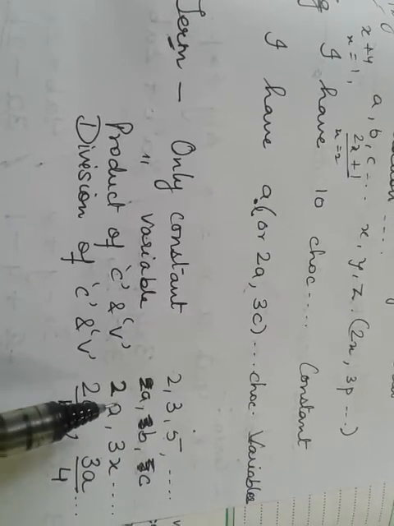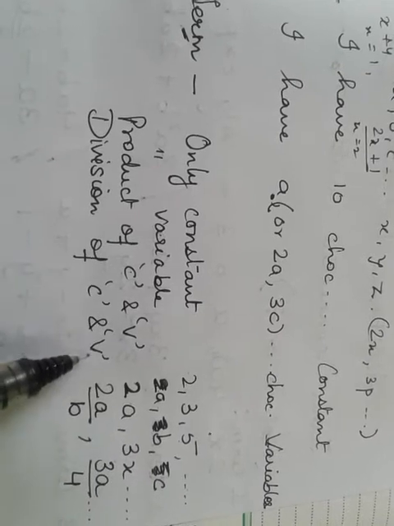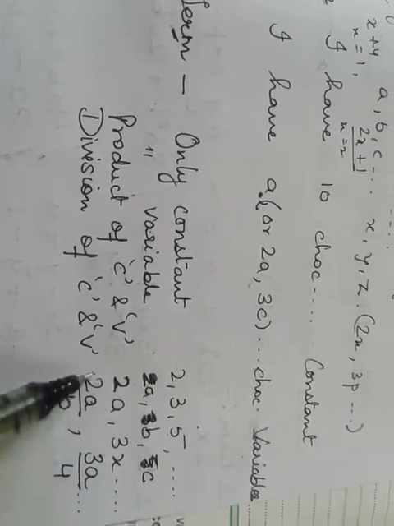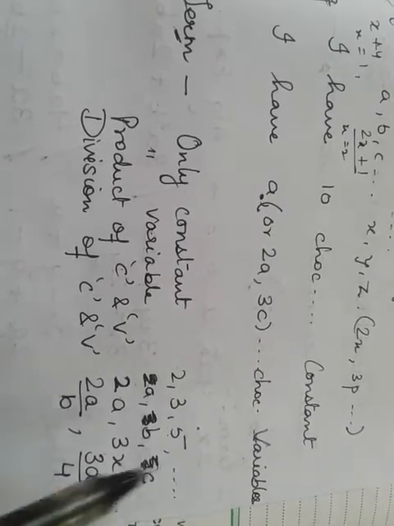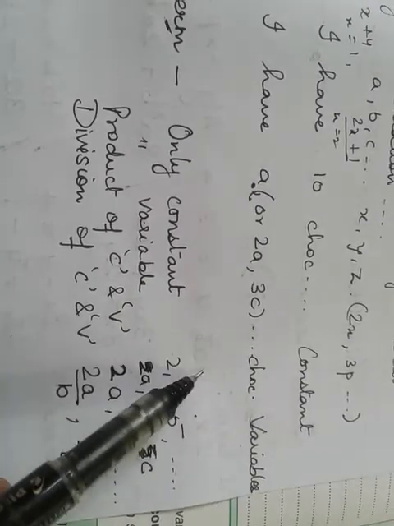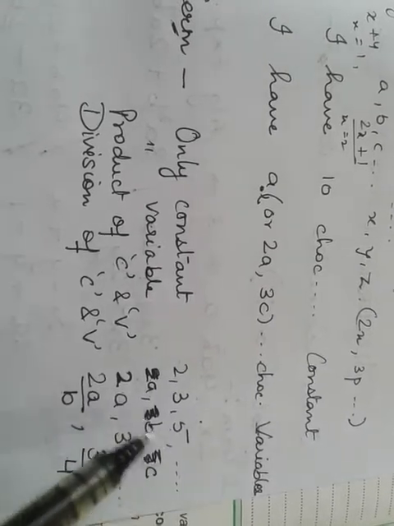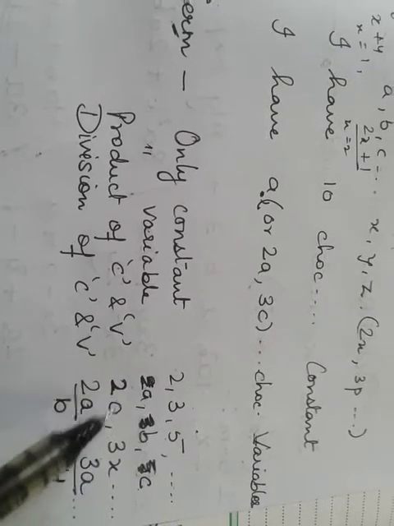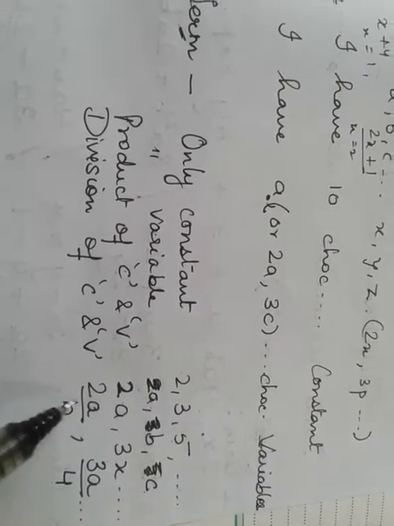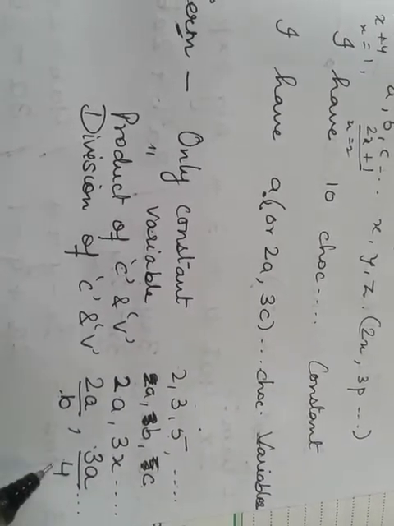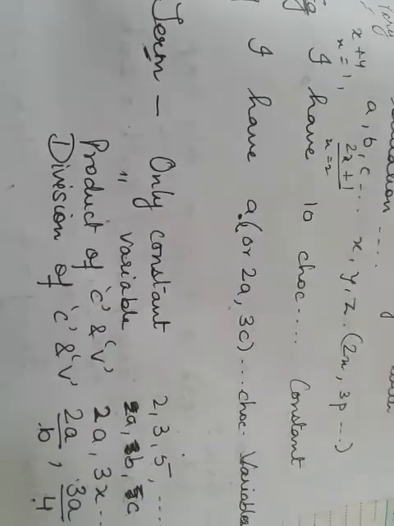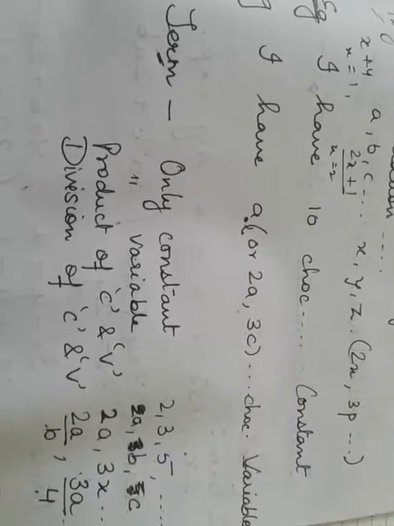are also terms. Then product is over, then division of constant and variable. So what is division? Division, you know, a by b, 3a by 4. So 2a by b here I have taken and 3a by 4. So all these we consider terms. 2 we consider a term, 3 we consider a term. A, B, C separately we consider individually as terms. 2a is a term, 3x is a term, so 2a upon b is a term, 3 upon 4 is a term. If we put minus also, then also it is a term. Okay, so I hope you understood what a term is.